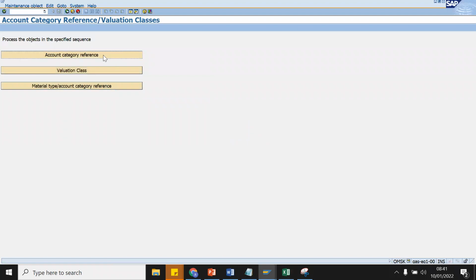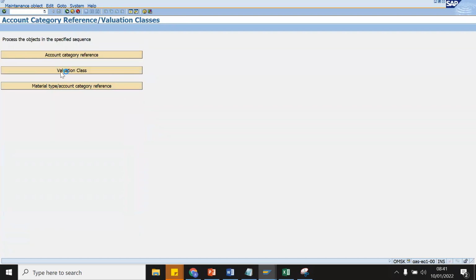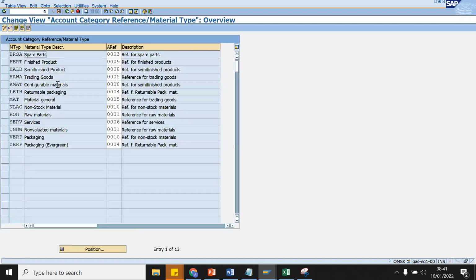In the account reference group, we will create an account reference, which is 0008, and we will assign it to a valuation class 7900. Now, this valuation class 7900 is the same one we saw in that material, which is assigned to 0008. This acts like a bridge between the valuation class and the material type.